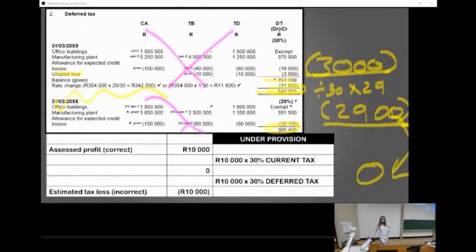Question on the chat: why is the tax base for unused losses minus 10,000 as 0 minus would give a positive? Okay, because remember, where is my